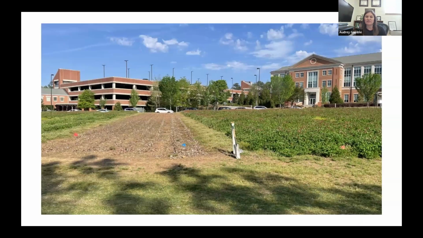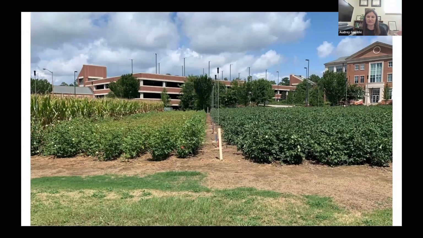So this is what our plots look like around late April or mid-April. We usually terminate our cover crops in mid-April. So this would be pretty soon before cover crop termination. And you can see certain plots, they remain fallow in the winter time, while others get a legume cover crop. In this case, we have a crimson clover cover crop that's growing all winter long. It's protecting the soil surface from erosion, and it's adding organic matter to the soil. And then this is what the cash crops